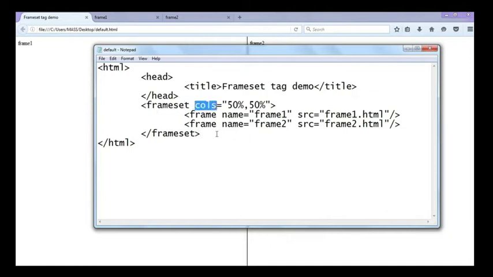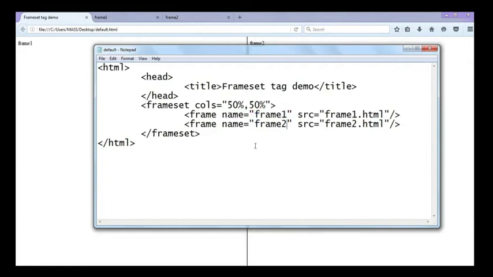There are two important attributes available with respect to the frameset tag. They are rows and cols. Cols indicates the number of columns, rows indicates the number of rows. We can give comma separated values to the rows and cols attributes either in pixels or in percentage. The number of values indicates the number of frames. The frame tag is a child tag of the frameset tag. The frame tag is an unpaired tag. The src attribute with respect to the frame tag indicates the web page to be displayed in the respective frame. The name attribute indicates the name of the frame used in the anchor tag. We will discuss it soon.